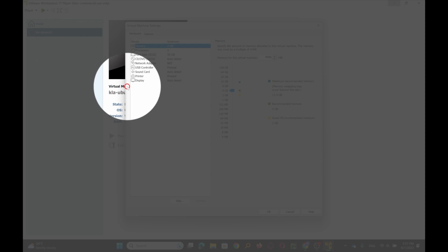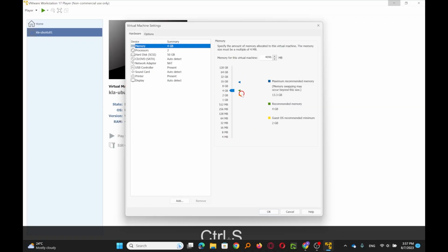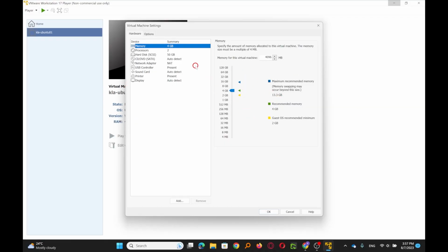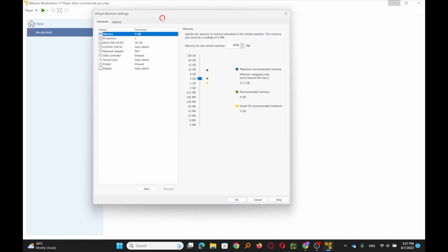Another way is to come in the pane on the left and right click and then come to Settings. And that will open the virtual machine settings. So either way works. You can pick whichever one is convenient for you. And then again, even though we defined the various hardware during the wizard for the creation of this virtual machine, we can always come to the settings of the virtual machine and alter these settings.